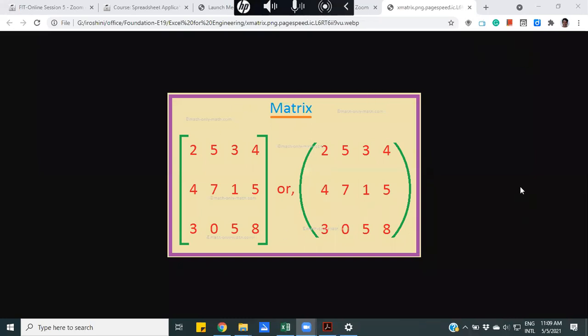This is a matrix, right? You can see it's a kind of an array. It's a 2D array. It has rows and columns. And we represent the matrix using the number of rows and number of columns. Let's say that this is 1, 2, 3, and 1, 2, 3, 4. This is a 3 by 4 matrix.